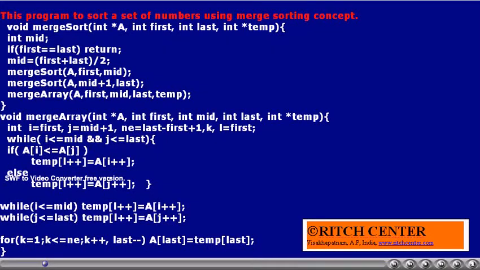The first while loop will compare the elements of both the halves and they will be copied to the temporary array. The last for loop will copy the sorted or merged array to the original array A from the temporary or scratch array.